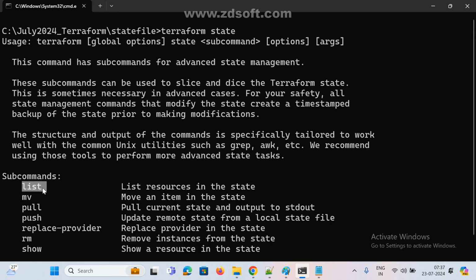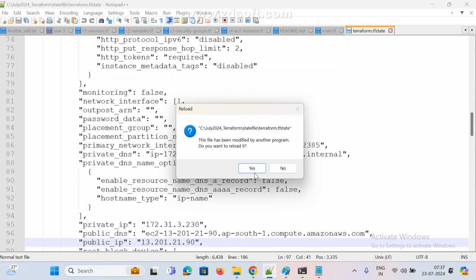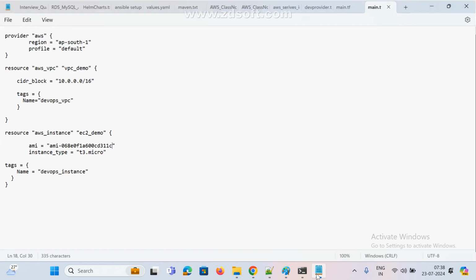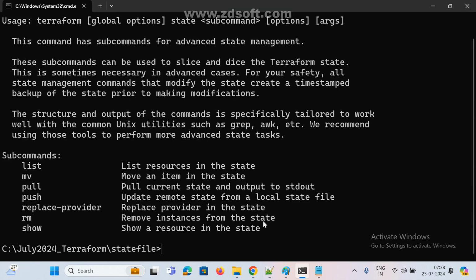Now if you use list, it lists the resources in the state file. Now in the state, how many resources are available? Anyone guess? Already this is a very simple file, right? Only two. One is the VPC, the other one is aws_instance. Now the same command we can see here.